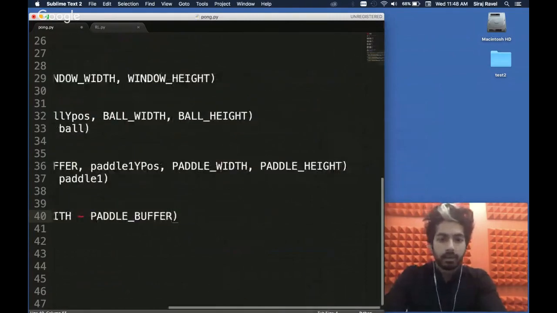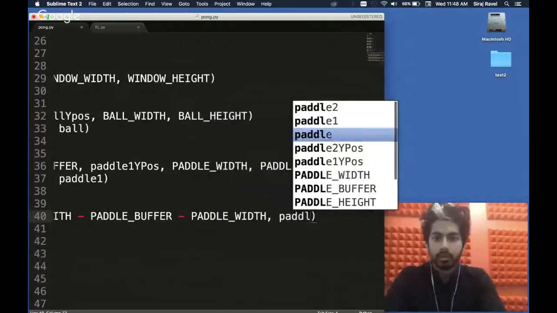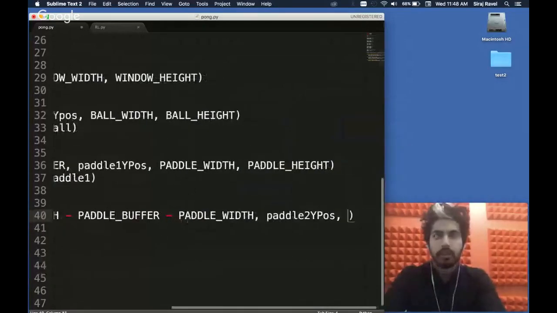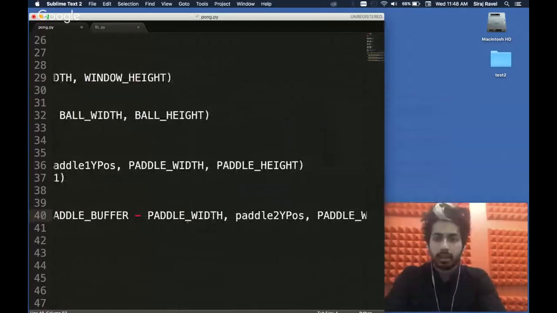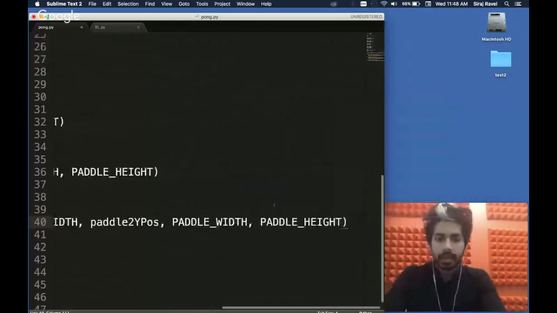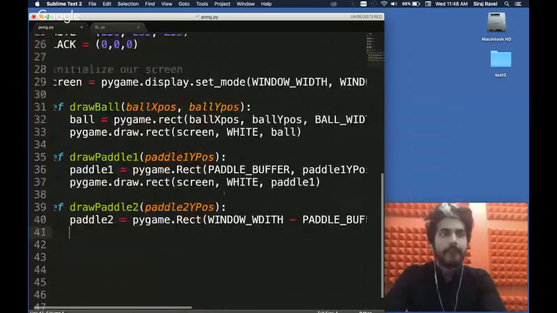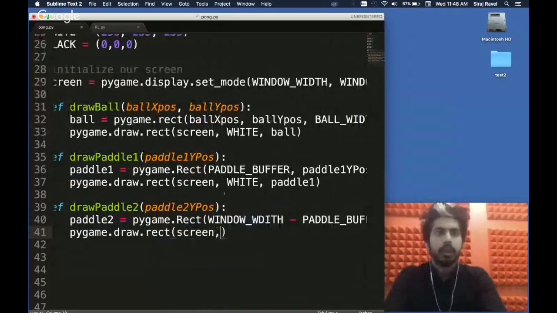And then minus paddle width, and then paddle 2 Y position, and then the size of it, paddle width and then paddle height. All right, and then we're going to draw it with pygame.draw.rect, and then the screen, and then our color, and then our paddle.